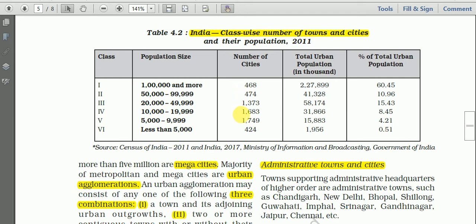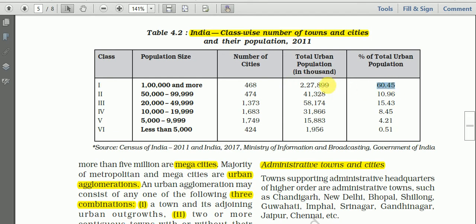Likewise, others are also given here. And this class 1 town shares the largest number of urban population in India. Class 1 town shares the largest number of urban population in India, that is